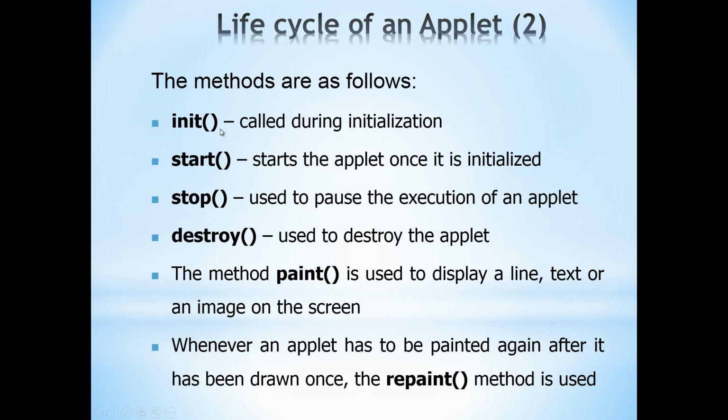These are some important methods. Init stands for initialization. After that, your applet gets started. You can also stop the applet. If you stop the applet, then you can also start it again. But if you destroy the object, then the applet is terminated. The paint method is also used on the applet to print a graphics object, as well as to update that graphics object. You can also use a repaint method.